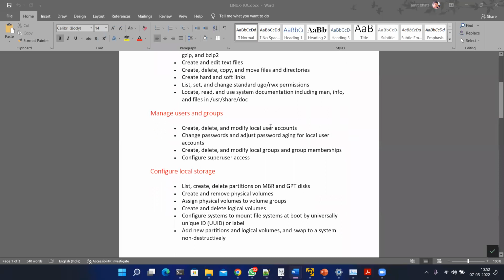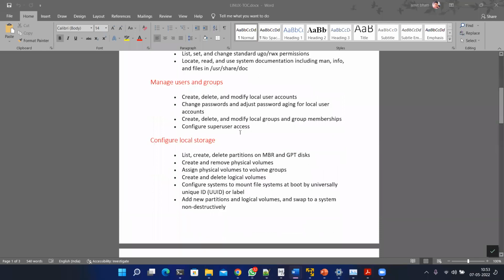Second step will be, when you have the understanding of how commands are working, then we will jump into user management. We need to know how users are created, because multiple users need to log into the server, and how to manage all of that.